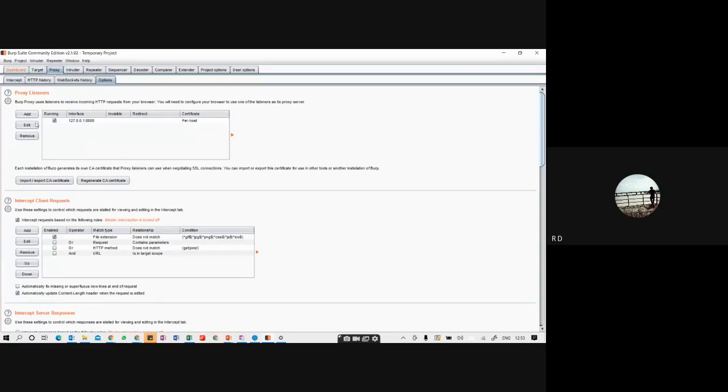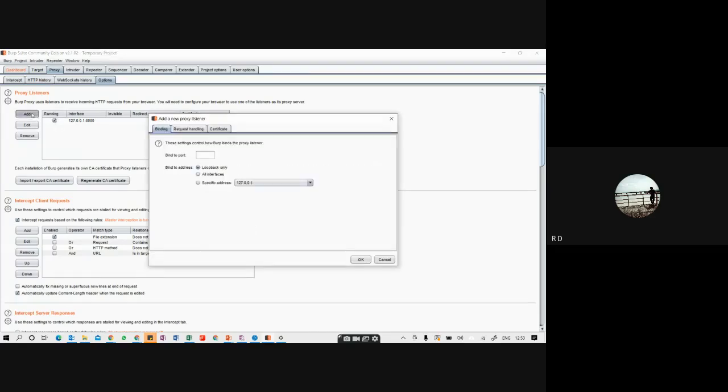If you do not have the running tick mark, you have to click on the add button and add this particular proxy server. Once you add this proxy server, you will be able to